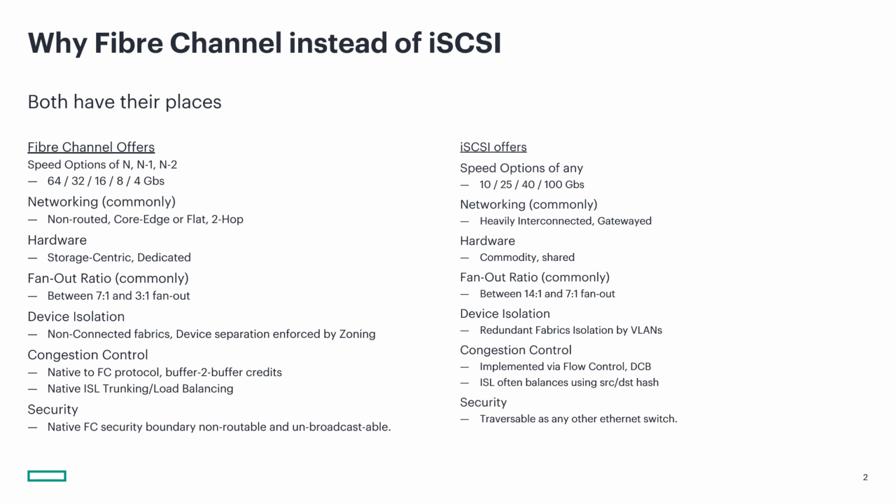You've got to do a lot of that stuff manually on an Ethernet switch. And in Fibre Channel, it natively knows how to trunk everything, and it natively knows how to load balance on a frame basis. Instead of using a source destination hash, you can find ISLs in an Ethernet world get more heavily hit, whereas ISLs in a Fibre Channel world usually